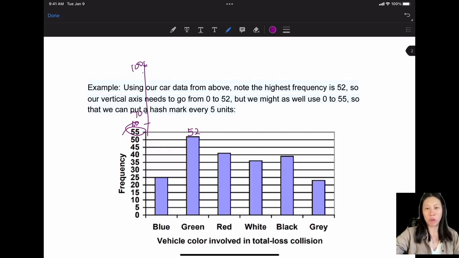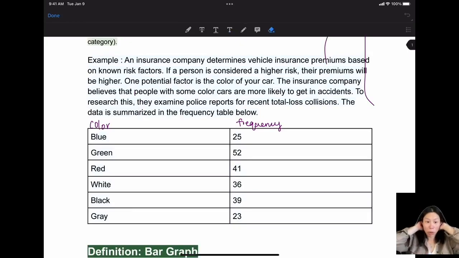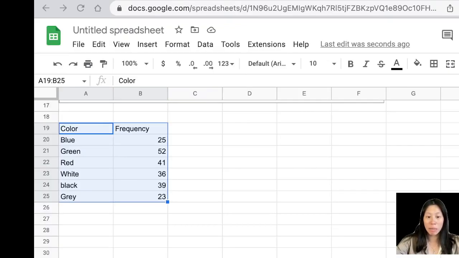So I would like to show you an example of how to make a bar graph. With our graphical tool, you can use Excel, Google Sheets, or Desmos. For today's example, I am going to use Google Sheets. So here is the example. I already typed in all the data. So what you would do is highlight the data that you want, including the title, and then choose